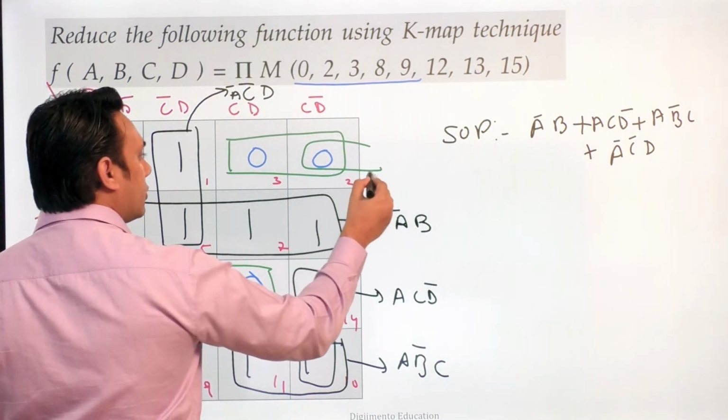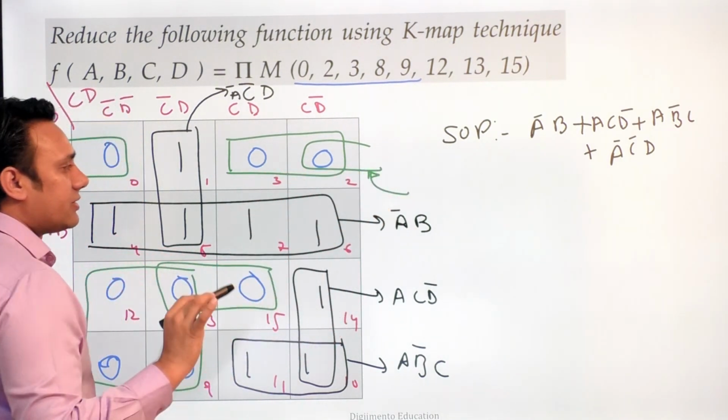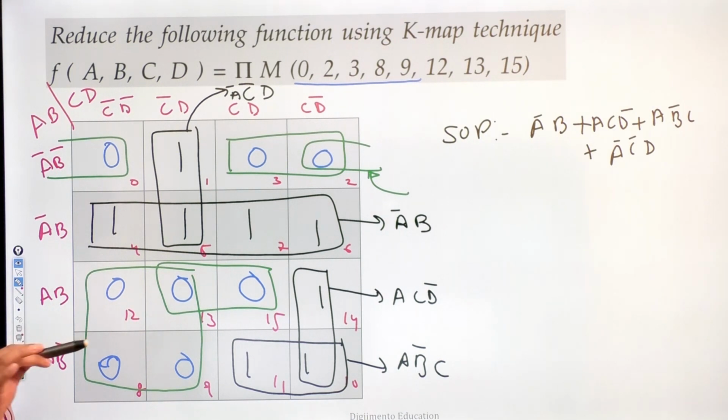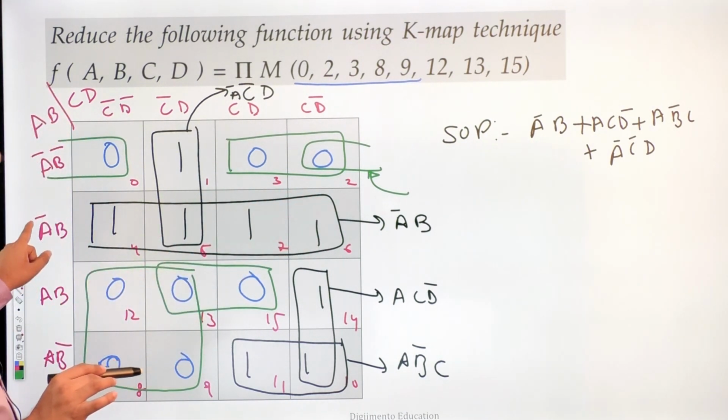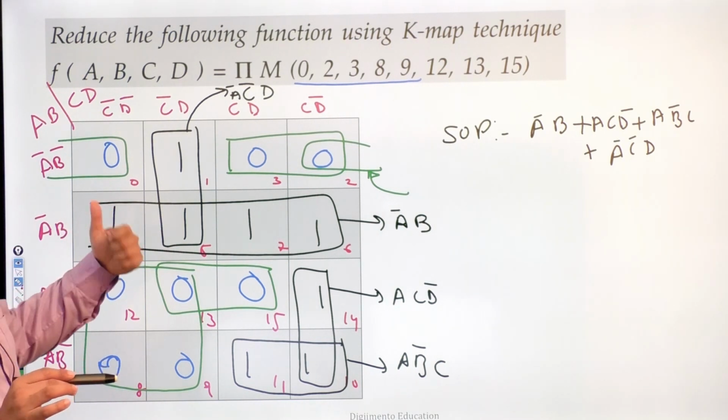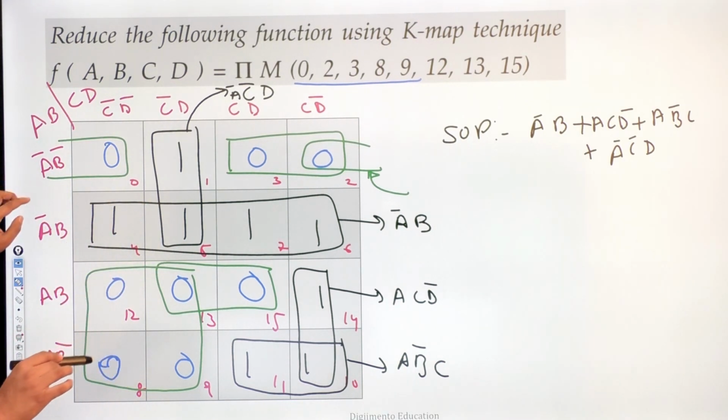Now by looking at this, let us look at what expression I'm going to get. So for this subcube here, something interesting will happen, something different, because whenever I am writing SOP, I have to take it as A complement dot B. But whenever I am writing POS, this will become opposite. It will be A plus B, right?